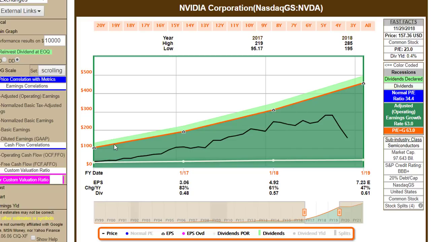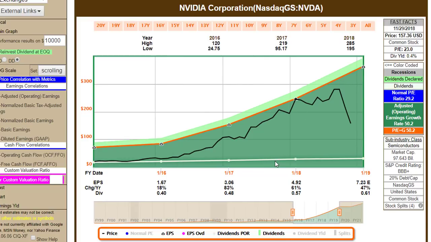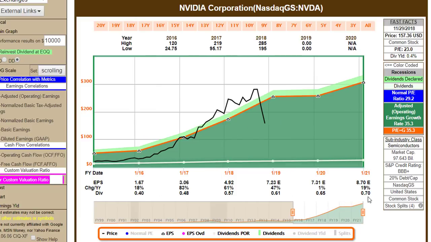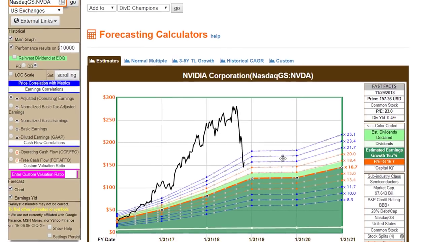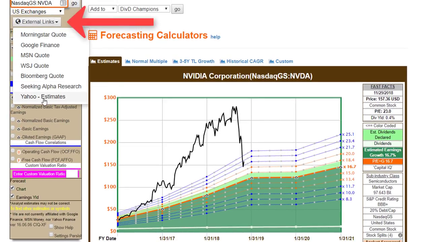When you've got 60% growth rates like we're looking at here, or even 50% growth rates, you have to understand and be cognizant of the fact that it's very, very difficult for a company to sustain that. So when you have high growth and high valuations, we had PEs here in the 40s and 45, 50 range during this time frame when earnings growth was averaging about 50%. It made sense for that period of time, but it was also very tenuous relative to the company's ability to go in the future.